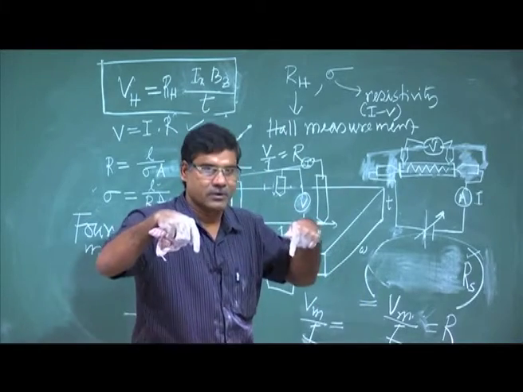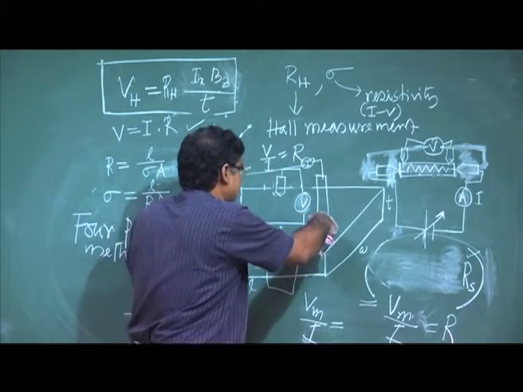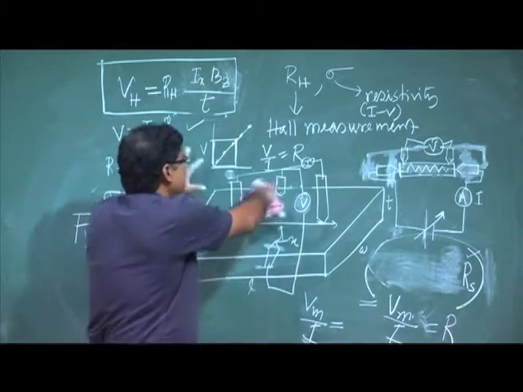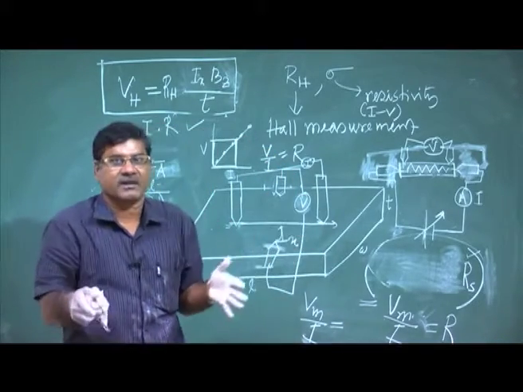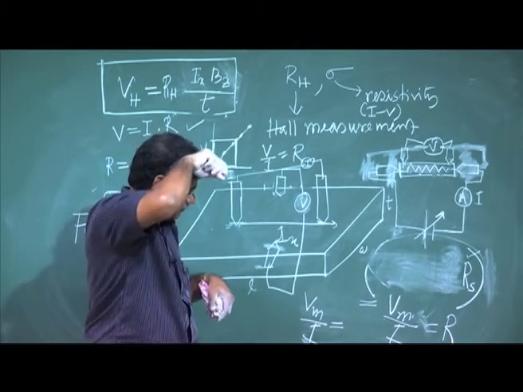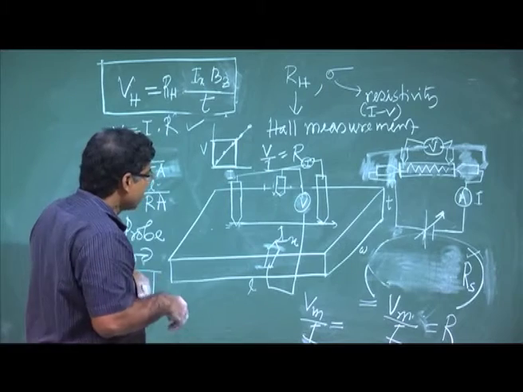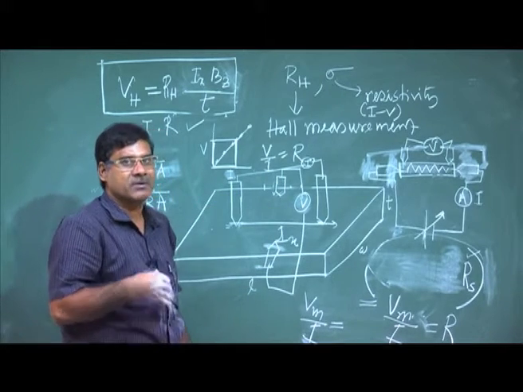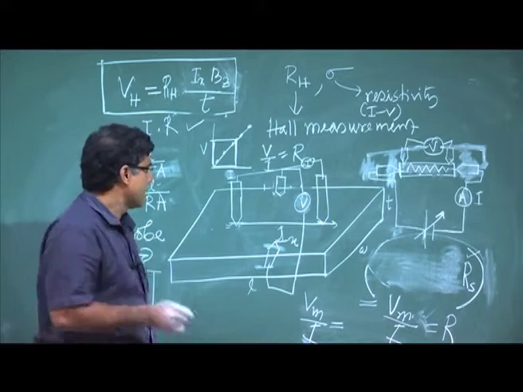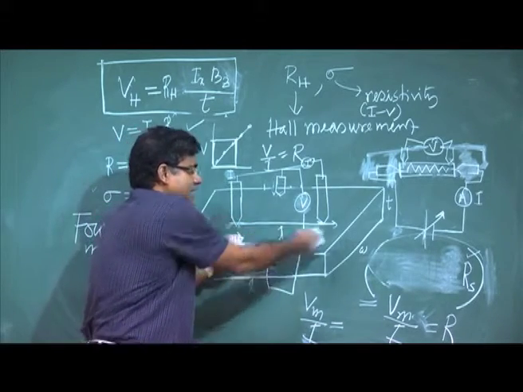So, 2 we are using along the x direction and 2 we are using along the y direction, and now this whole sample is put in a magnetic field. Okay. So, this geometry is called the Van der Pauw geometry. So, I will not discuss that part, but just this is the arrangement.